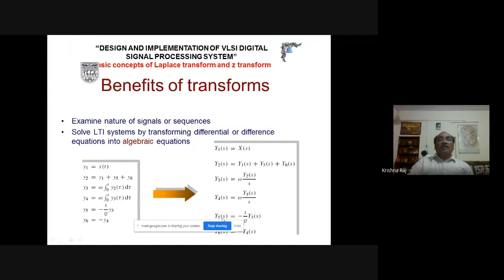And here, if we apply the Laplace transformation, then y(t) will become Y(s), and suppose there is this type of function, this will become Y2(s) is equal to Y1(s), like that. We are all aware of this concept. If there is integration, that will be multiplied by s, and s is replaced by j omega, that's why j omega is multiplied by this one.